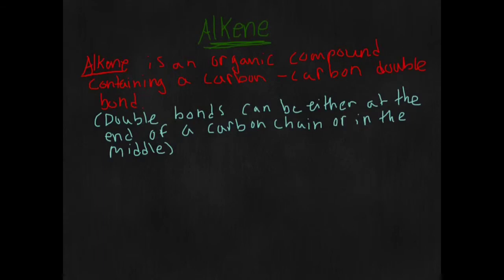Alkene. What is an alkene? An alkene is an organic compound containing a carbon-carbon double bond. These double bonds can be either found at the end of a carbon chain or in the middle of a carbon chain. So, for example, if we had an example that looked like this,